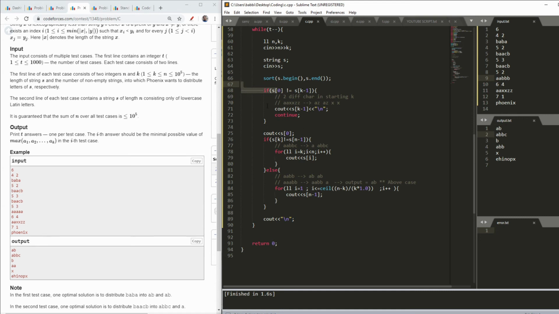So I just printed that lexicographically bigger one, and I continue to my further case.